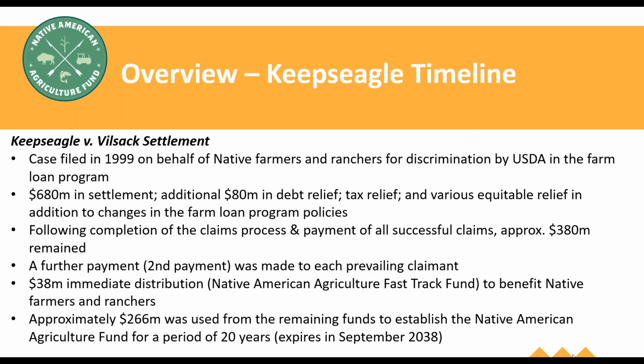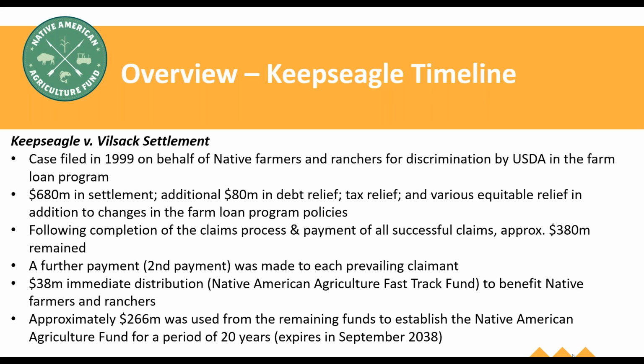Following completion of the claims process and payment of all the successful claims through the first round, approximately $380 million was left over, and that led to a second appeals process for the actual case, which ultimately led to a second payment made to each prevailing claimant, and ultimately led to the creation of a FastTrack Fund of $38 million set up for immediate distribution to benefit Native farmers and ranchers. Some of you on this call may have actually participated in the FastTrack Fund process as an applicant for those 38 million funds, but that process was completed back in 2016, and the outcome was filed under seal with the court, and the funds were released to the FastTrack Fund grantees in late